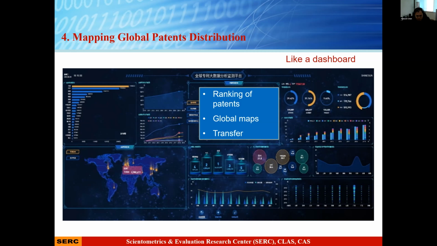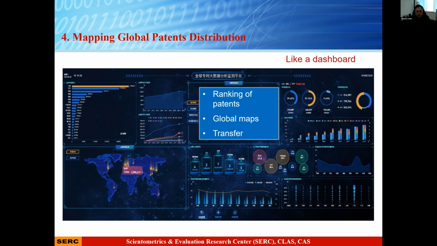For policymakers, it's very hard to calculate the change and the precision of the ranking of patents. So in our group, we have collected all the patents in more than 100 countries in the world, and we made